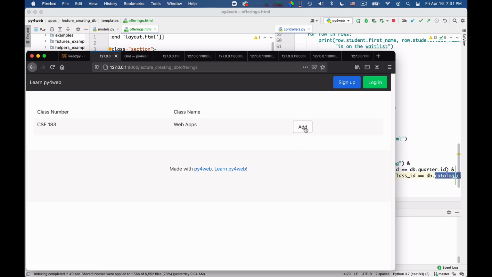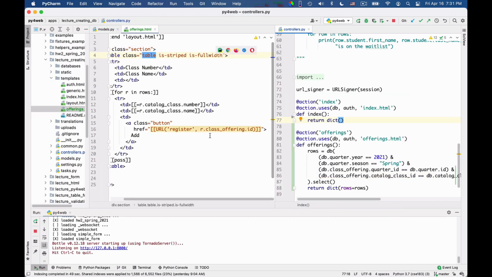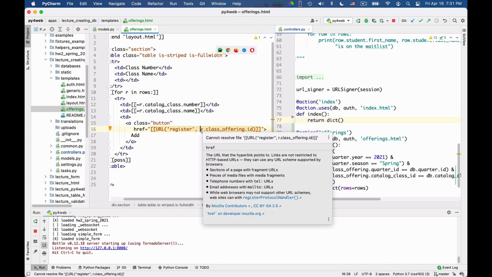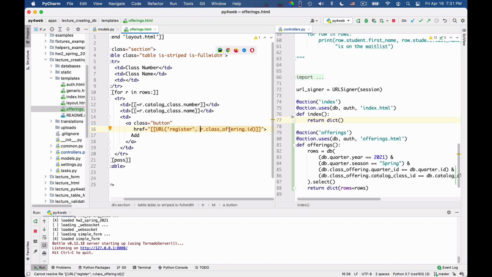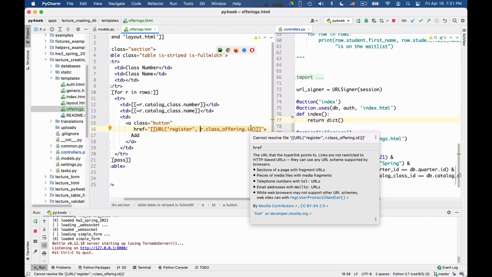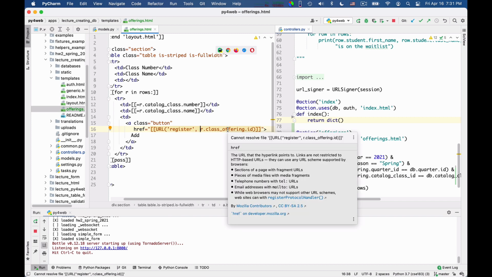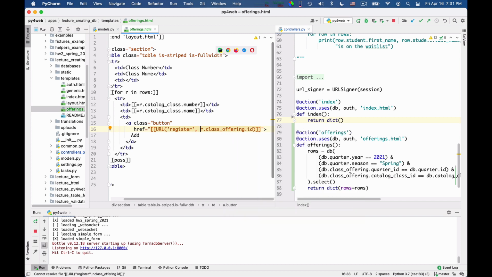Okay, so I see that this is an incorrect r.classOffering.id, and this should actually be, yes, again I made this mistake of forgetting the equal sign.